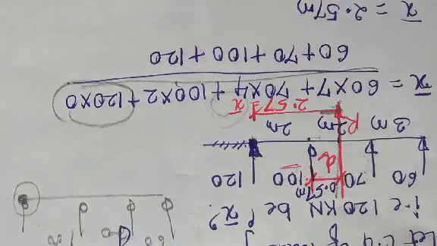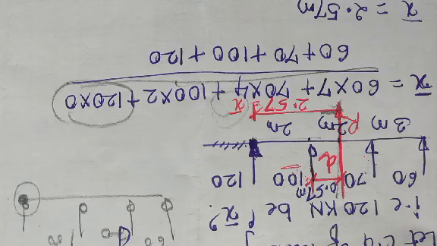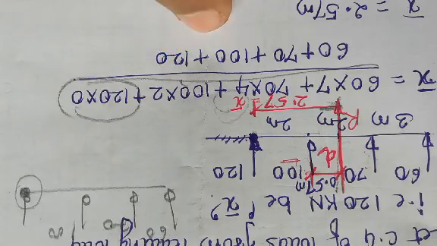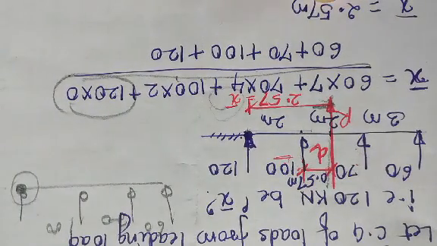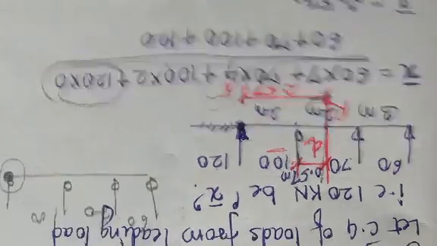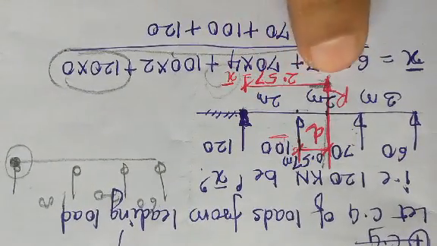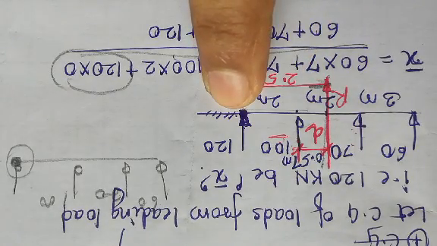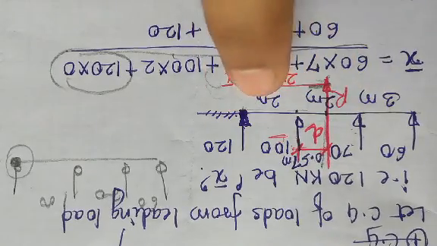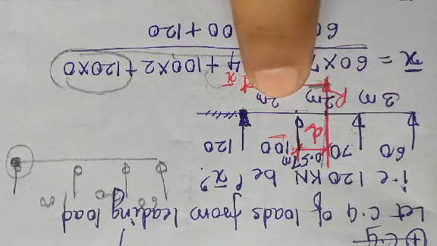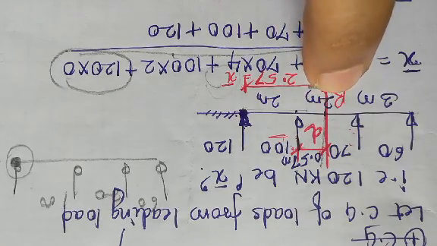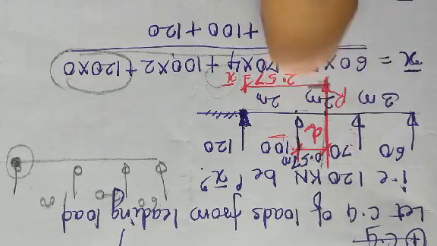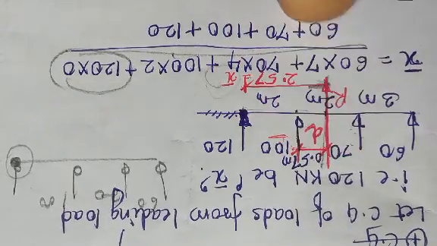Divided by the resultant. This is nothing but you are calculating the CG value, the centroidal distance. This is the summation of all the forces. From this equation you will get the x bar value as 2.57 meters. Meaning of that is that the resultant lies at a distance of 2.57 meters away from the leading load. So now if I want to plot it, here 2 meter gets over, so here 4 meter, it is in between 170 kilonewtons. So somewhere here I will place my 2.57 meters, the resultant value.